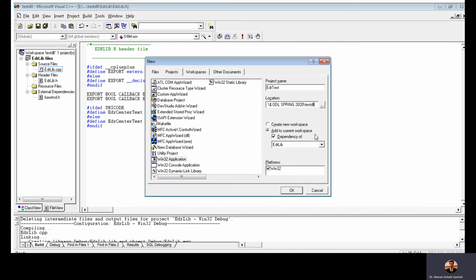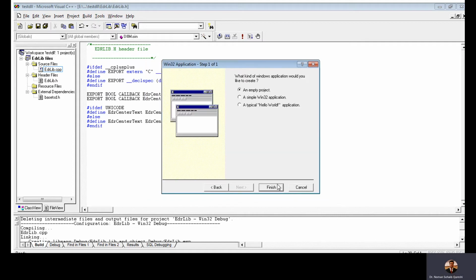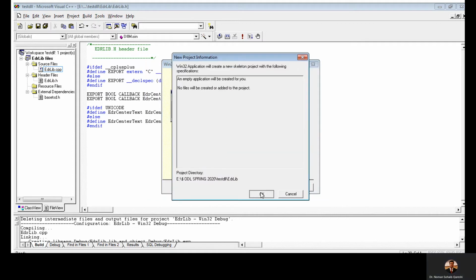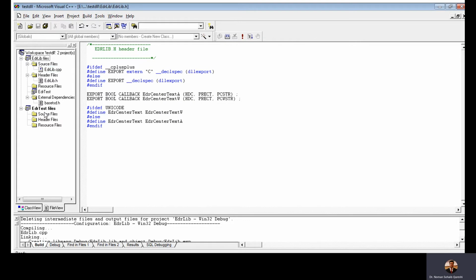So we are going to select here edrlib. Now the folder for the library and for the execution process is the same. So we have selected the same folder, add to current workspace, dependency of, and now we are going to check, okay, an empty project.